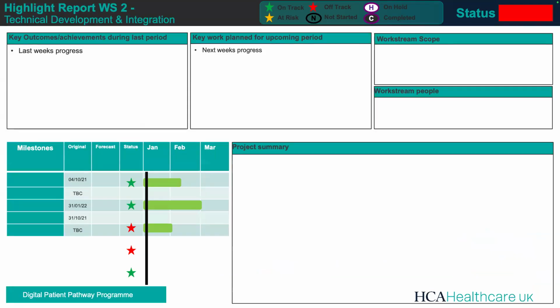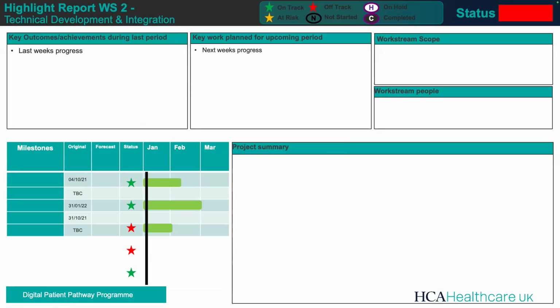Truth be told, you'll see this same type of information in many different places and in different types. But not to overcook it, you can see what it's communicating. This is a highlight report. You see here the key outcomes and achievements during the last period, and then the key work plan for the upcoming period.